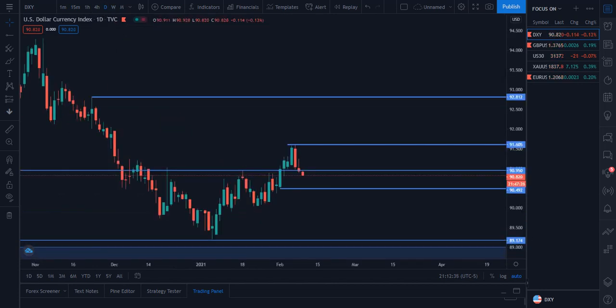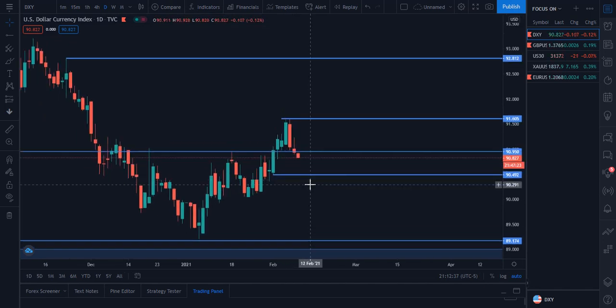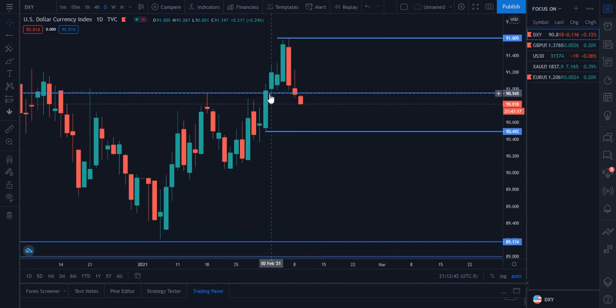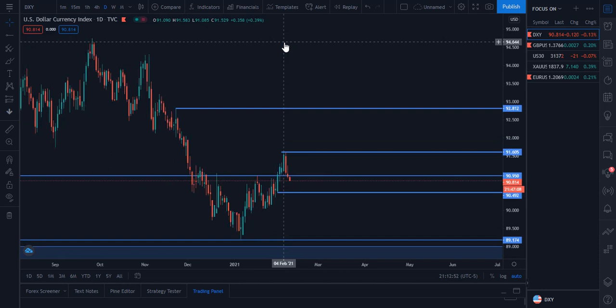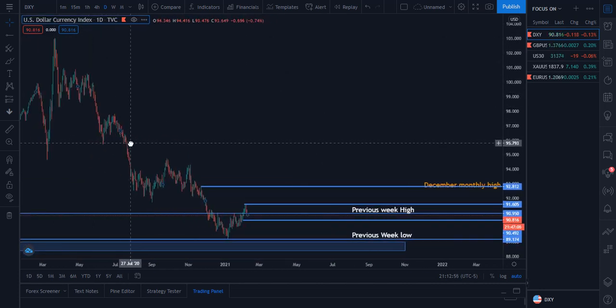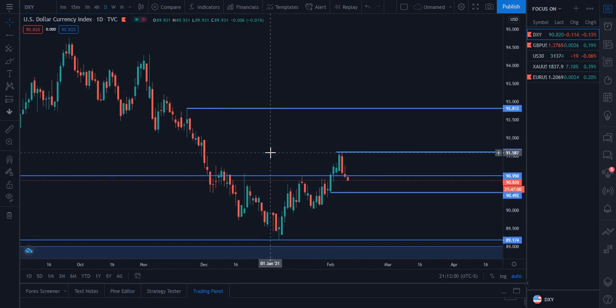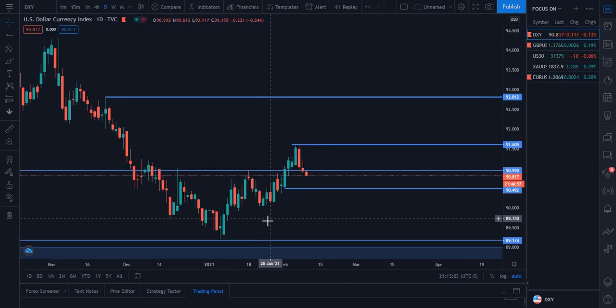And when we get to the daily, we can see that, okay, you see this level, guys. This was the level that last week it broke through, and when it broke through, we were really convinced that it was going to go to the upside. The dollar was becoming a stronger currency, because, as you can see, it's been dropping, and it's not usual for the dollar to be dropping like this. So when it got here, I was really convinced that we might be having a strong dollar. But as you can see, when it got to this level, 91,605, it was able to lose strength and come to the downside,